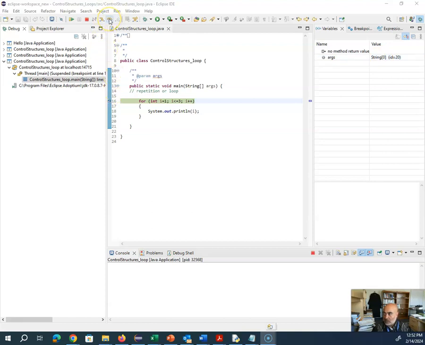So this is my icon. Basically that would allow me to go to the next line. So if I now step over, you can see that the variable value of i is 1. Remember, we have defined our int as 1. So if I now step over another line, it's going to do a print line, and that is what it says, that it is going to